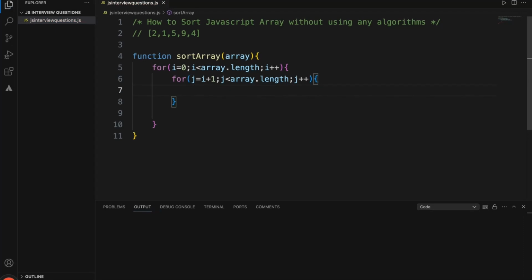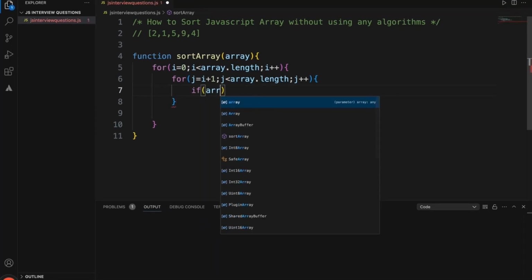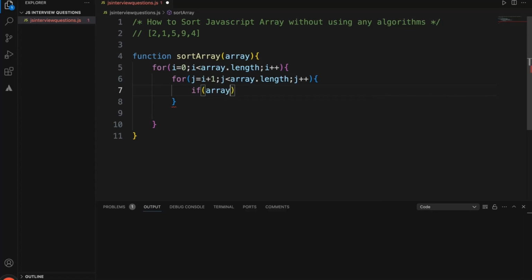So now we'll start with, we'll compare array of i with array of j, which is i+1. That means we are comparing 2 with 1. If 2 is greater than 1, if 2 is greater than 1,